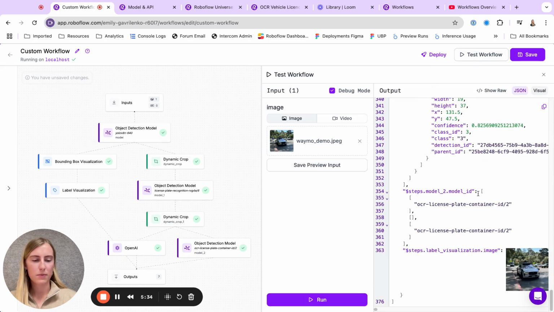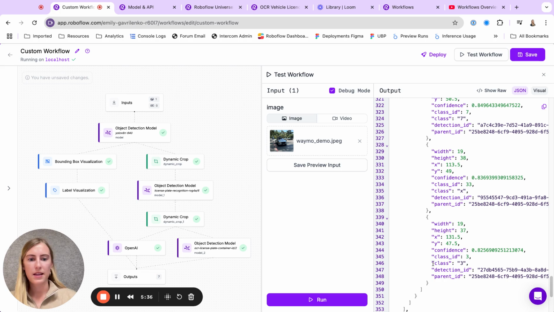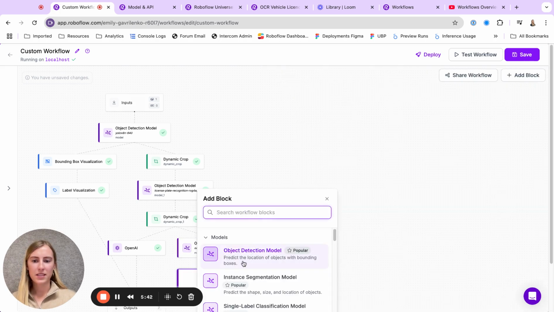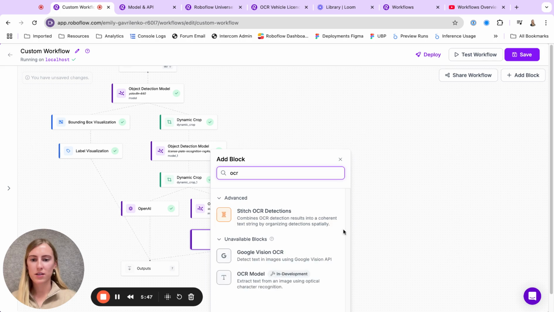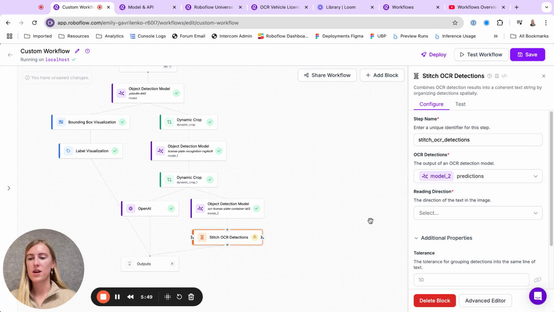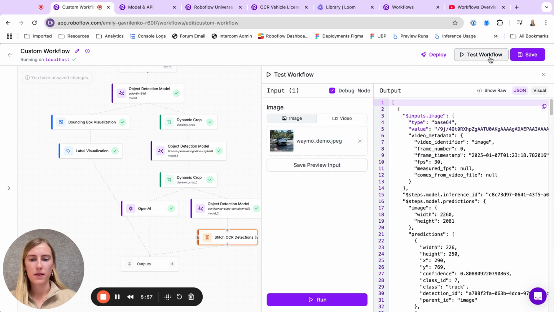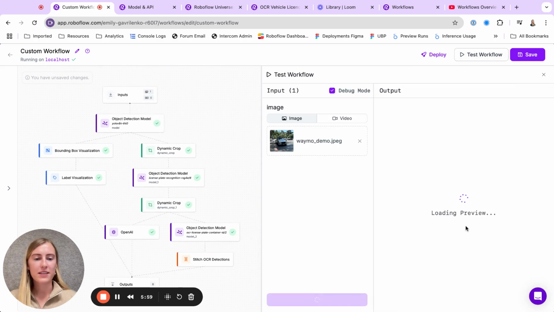And now this model ID is actually running, and each class will be a digit that it detected. So let's say it finds 3, it finds the X. We have a handy dandy block. Feel free, we have over 80 blocks to explore them all, but this one is called Stitch OCR Detections, which actually gets the different text detections that were found and combines them together. So here I'll read them from left to right. And finally, running this workflow,